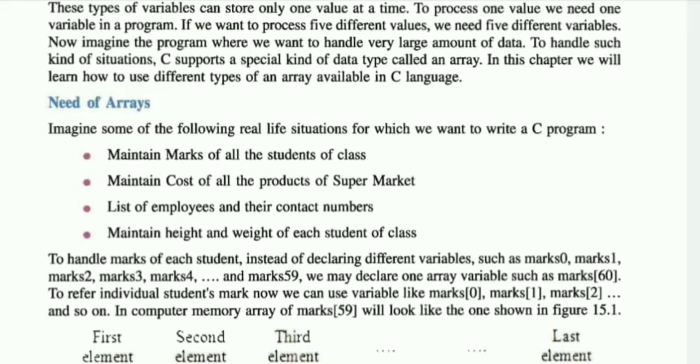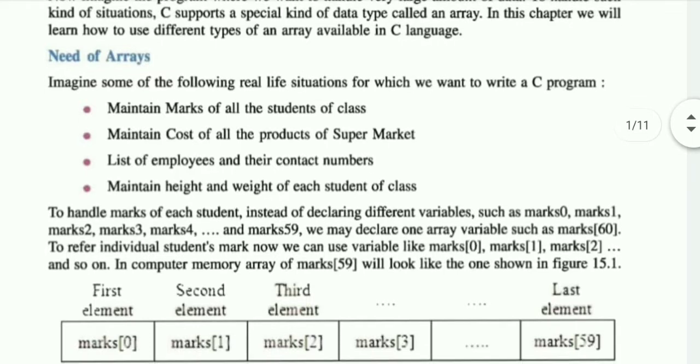Here you see we have declared one variable only, marks 60, but internally it will be converted into index form and it will make a memory block. In the memory block it will create 60 places, and all 60 places have their addresses. These addresses mean the index numbers, which will be created by the system itself.